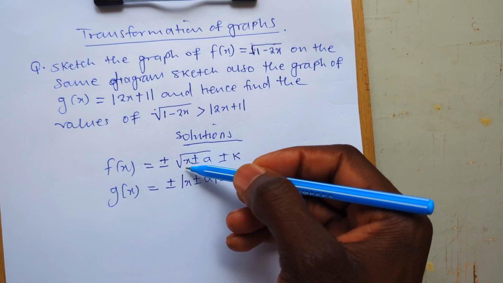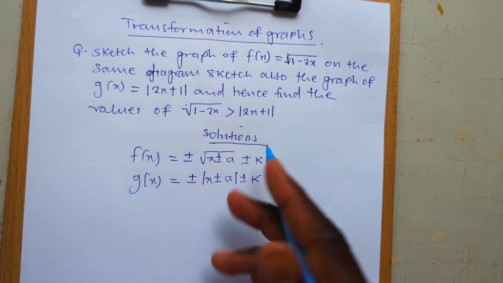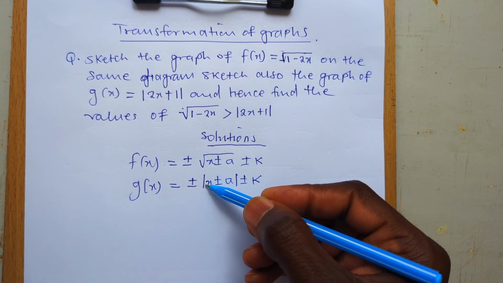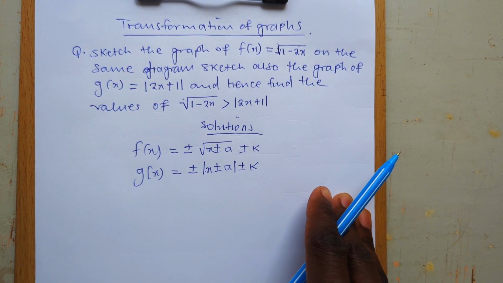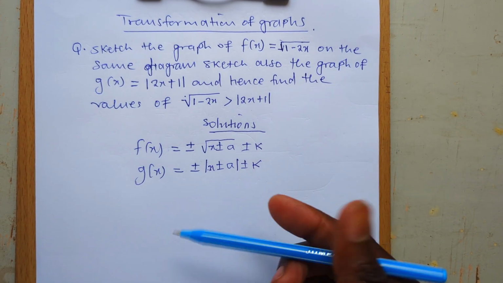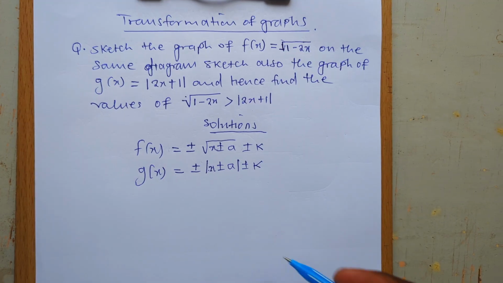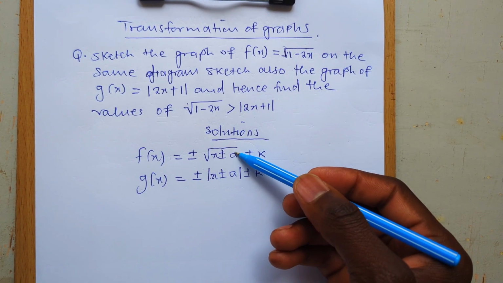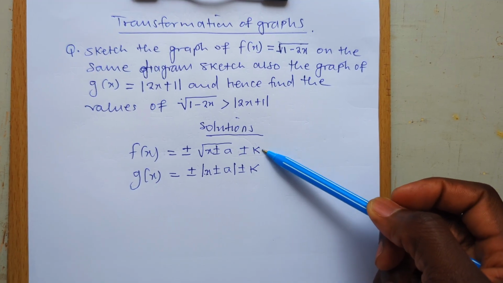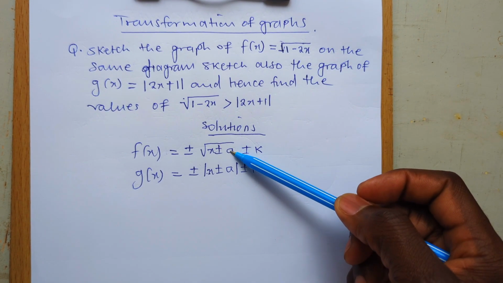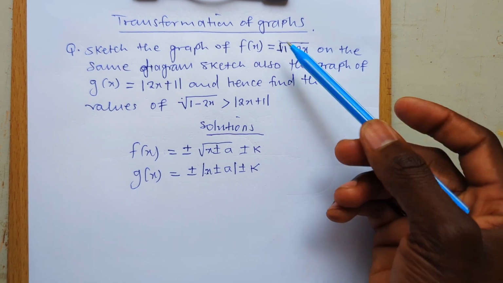If this same first function has got a negative on the part of x, the graph will be reflected. If this one is having a negative here, the graph can't be reflected. Why? Any number under modulus is always positive. So even if you have a negative x there, the graph won't be affected at all. But what do we need to check? Do these same functions have both the part of k and the part of x? If you check here, you notice that, of course, if you write it in a proper way,